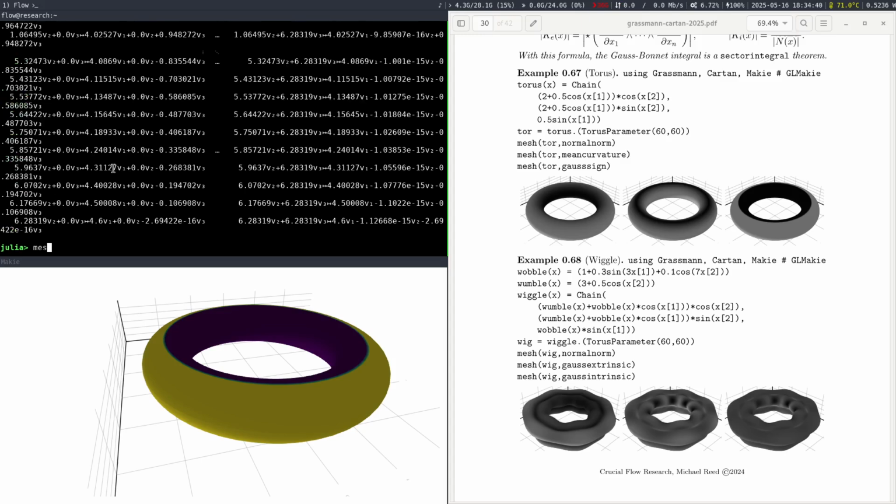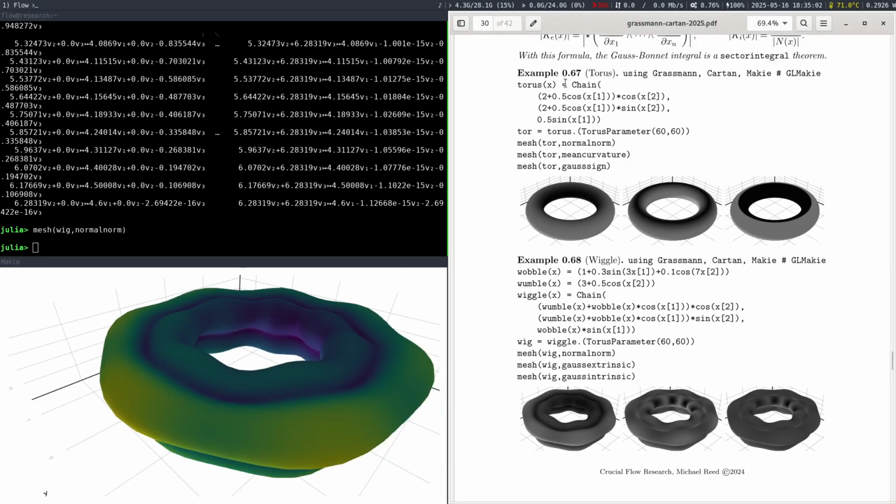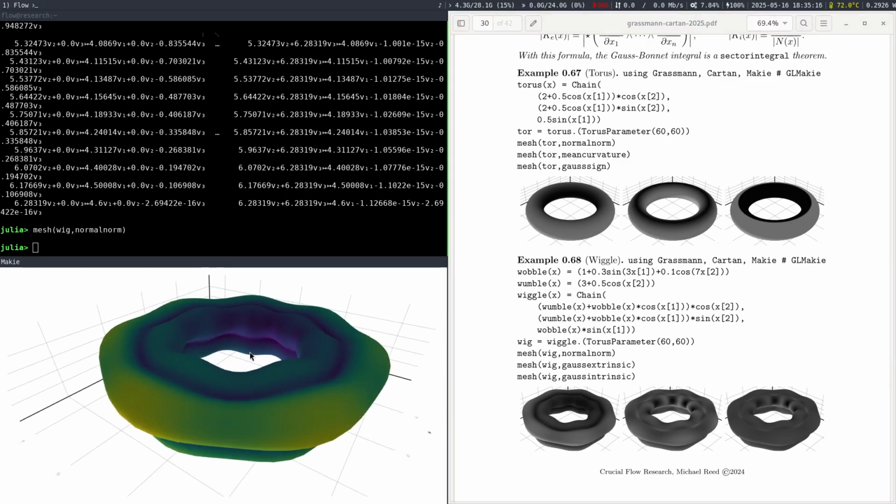So we've defined the function, and then we just apply the function to a torus parameter on a 60 by 60 grid, and then we visualize it again. But this time, we changed the function to something different, and it illustrates more of